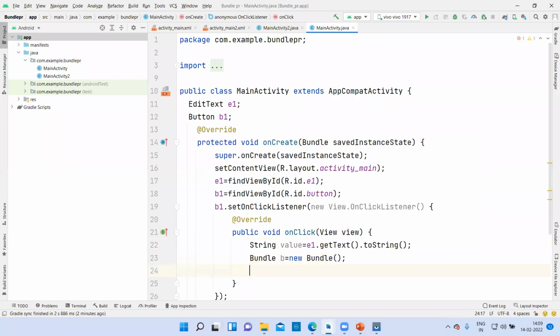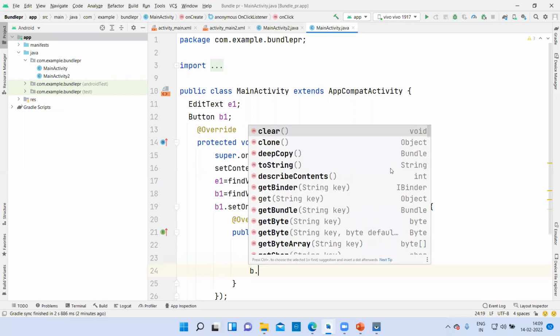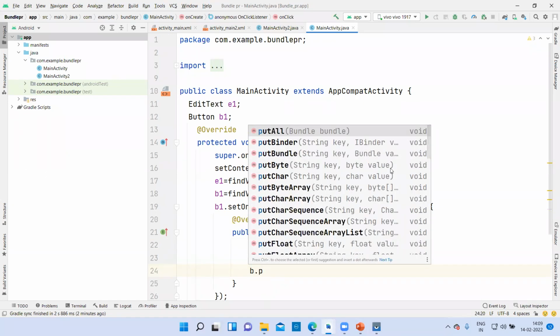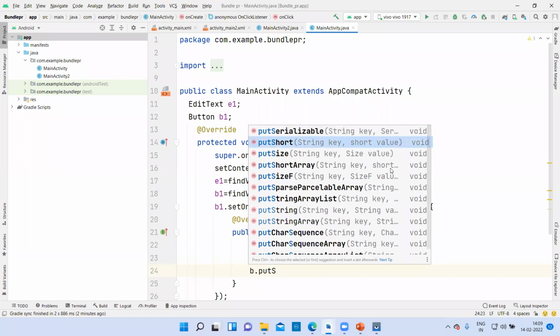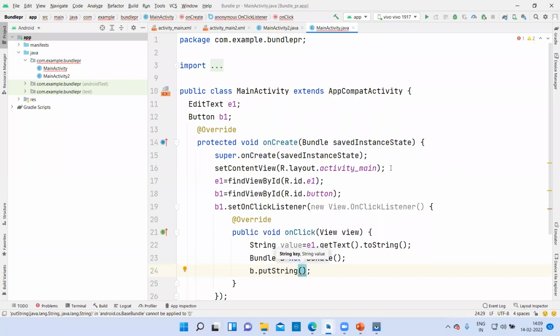Fine. Now you have to pass the object. You will say B dot put string. Here was putExtra, here is putString. What you will put inside the string? Value comma value. That is the message you have fetched.